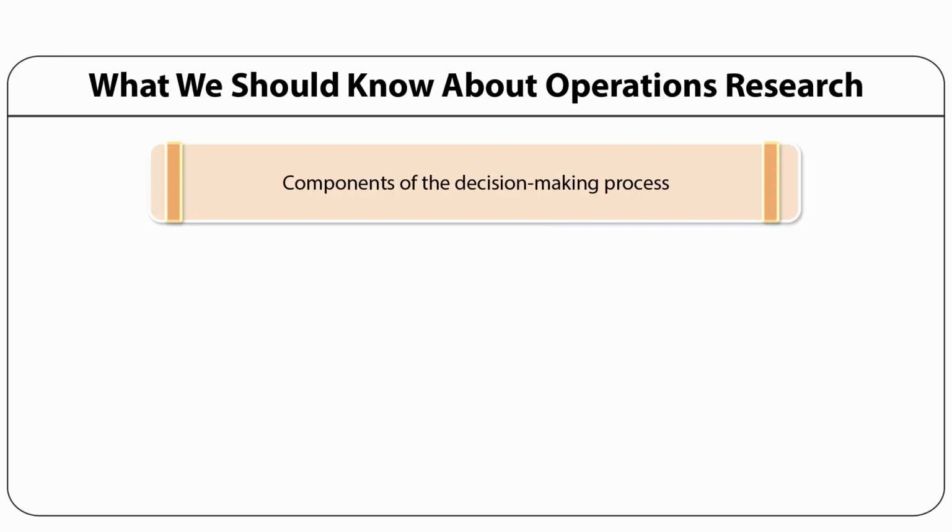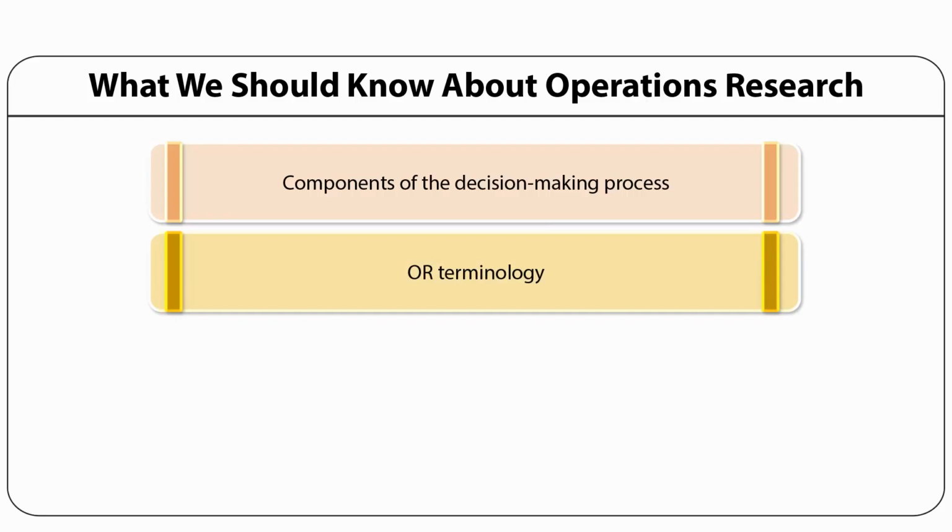For example, we have the top, middle, and the lower management very visible in most of the organizations. But in library situation, we usually see the top level or the lower level. So, components of decision making process have to be identified so that we can reach proper results. Secondly, the operations research terminology. Before we apply mathematical modeling or we apply OR in library situations, it is vital that each and every staff member of the library is acquainted with the operations research terminology, not only terminology, but the manner in which OR